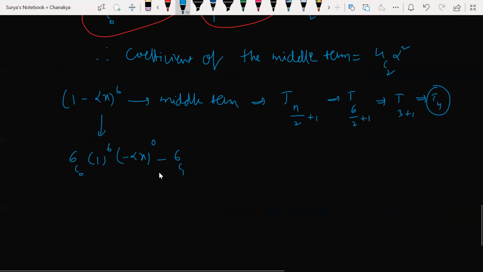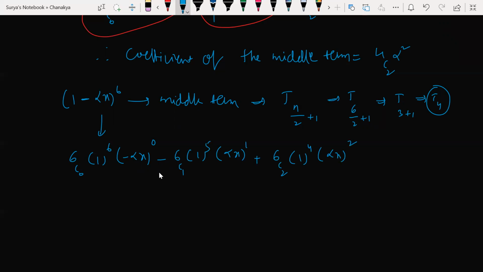We'll get alternate signs. Why? Because I have a minus in the expansion. In the expansion of (a minus b) to the power of n, we get alternate signs, plus, minus like that. 6C1, 1 to the power of 5, alpha x to the power of 1. Next, plus 6C2, 1 to the power of 4,